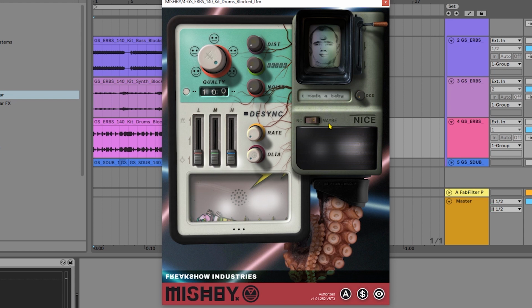So again, Mishby and all of the other plugins from Freakshow Industry really mangle the sound if you're trying to do that sort of thing. And then we have these really cool desync controls, which act like tape running through a player. But one thing that it really has on top of that is that you can do it on the individual bands at different rates. So first of all, the delta is kind of the dry wet here. And also, as I tweak all of these parameters, you can keep an eye on the animation down here as well. But if I turn this up,